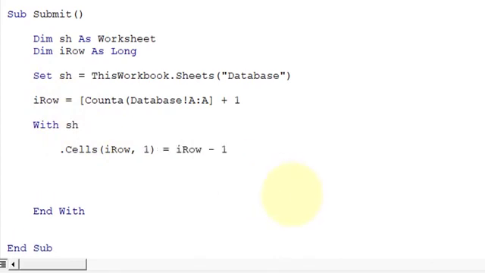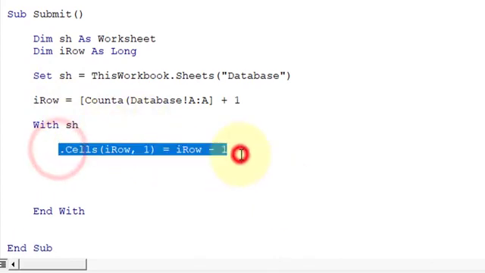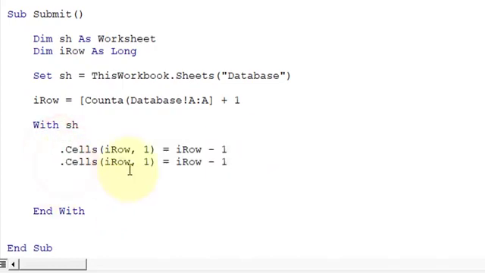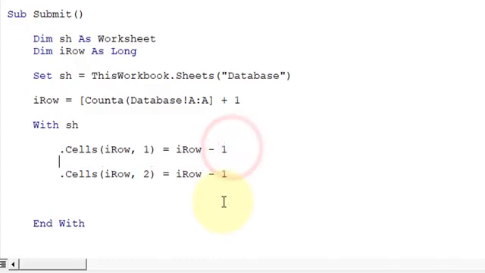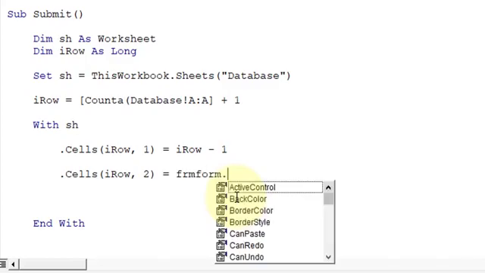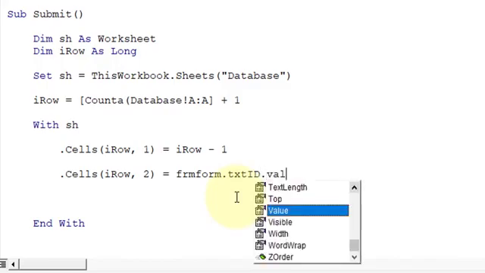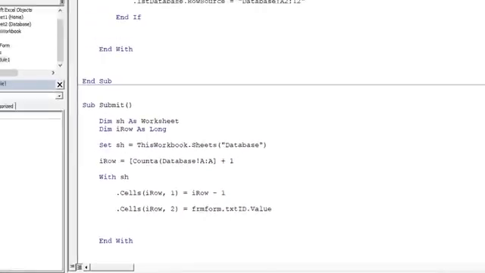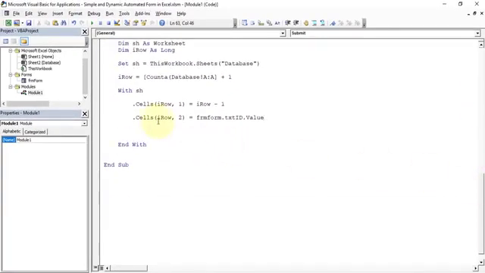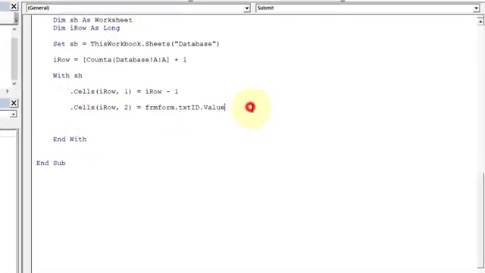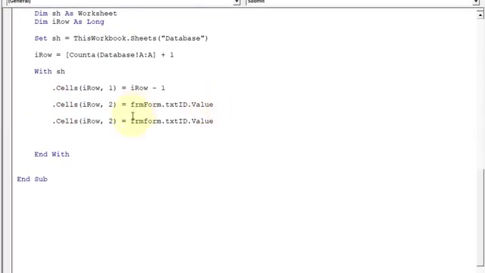And let's copy this line of code, paste it over here, and change the reference from 1 to 2. Let's keep the space, and now let's use frm form dot txt text id and dot value. Okay, let's copy this code. This is for id, this is for name.